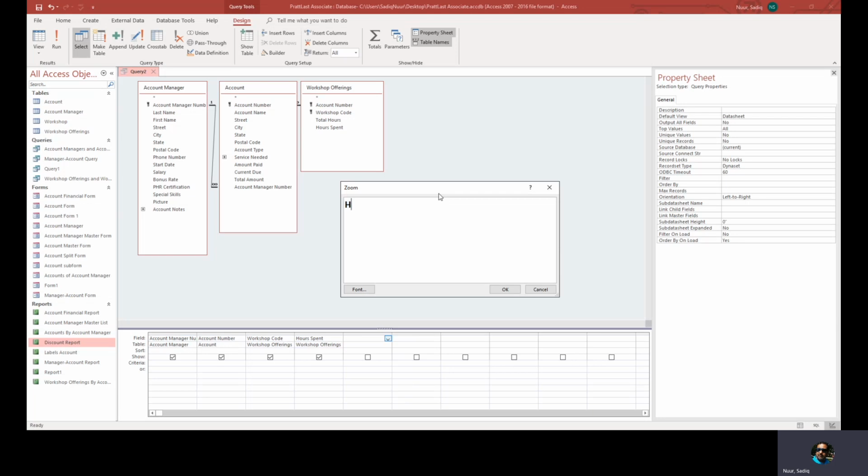The formula is gonna say hours remaining equal to, you have to put the square bracket, the fields that are involved. In this case it is total hours, it has to be as it is, minus the hours spent, and then click OK,